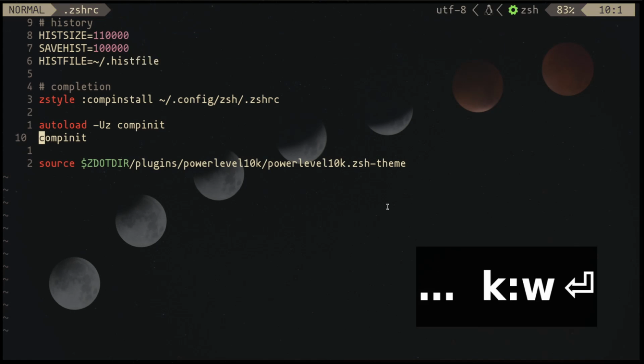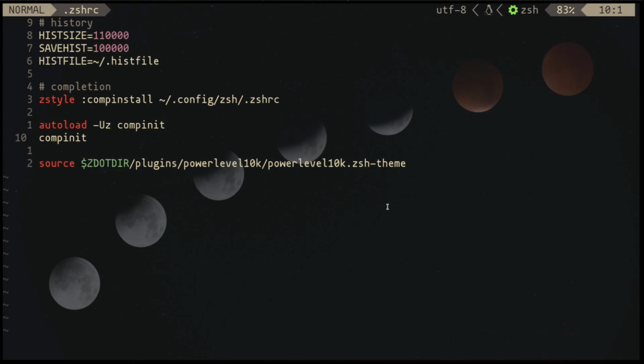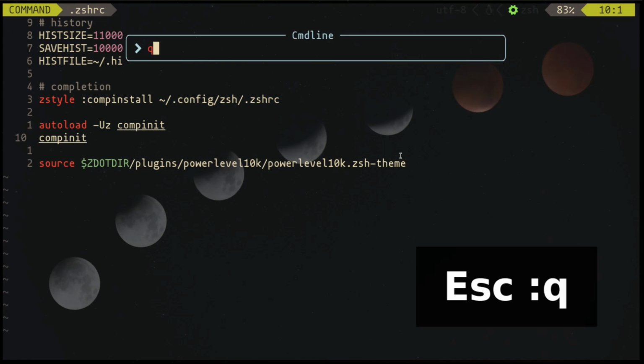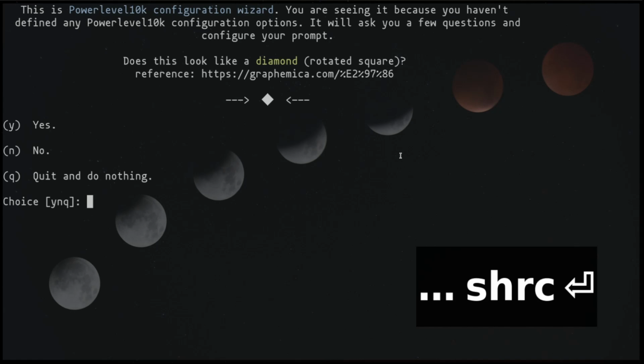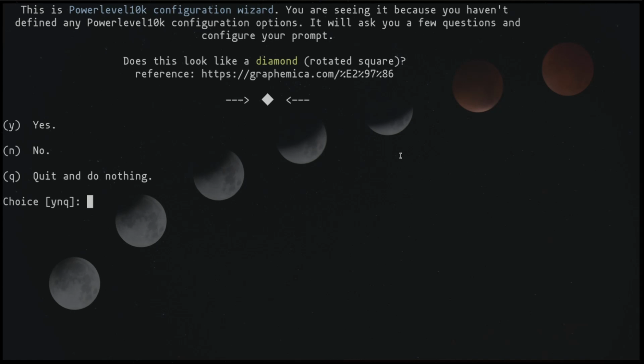But importantly, the next time that we source our .zshrc configuration file, we are going to invoke this Powerlevel10k zsh theme over here. So let's do that. We can quit out, and in here let's source that configuration file, and we're going to be given this wizard, and I encourage you to go ahead and answer all the questions as it fits to